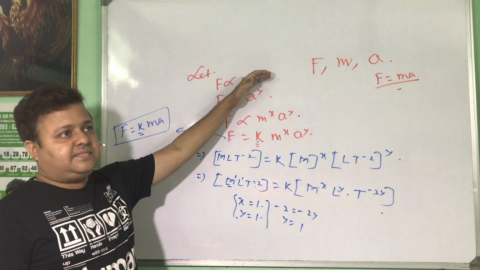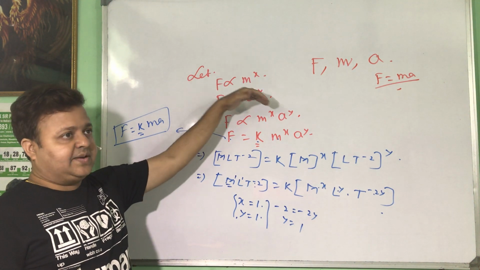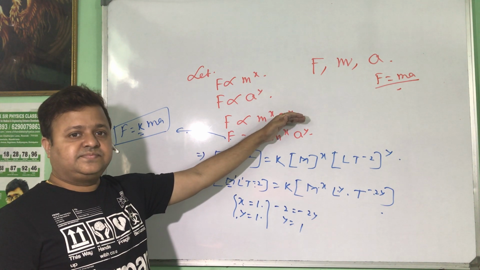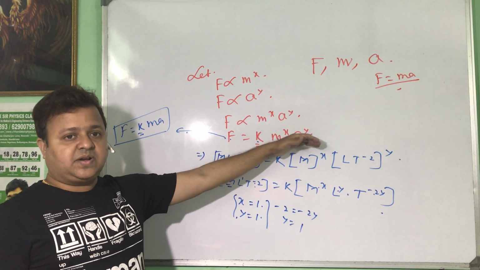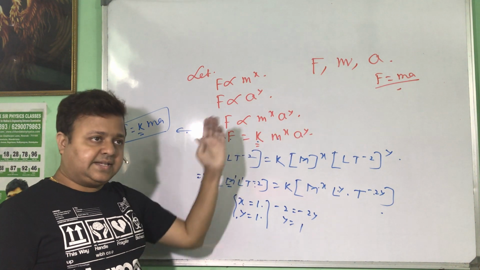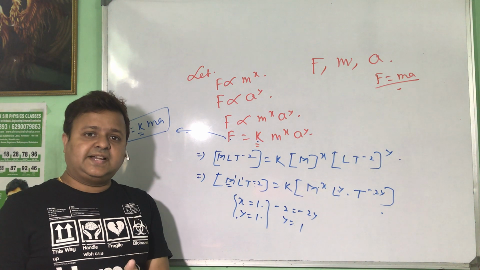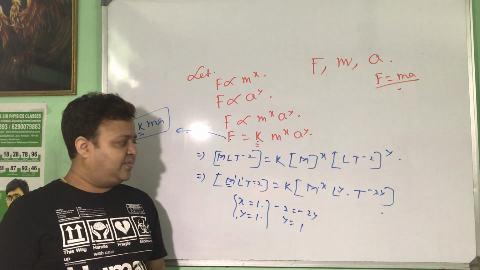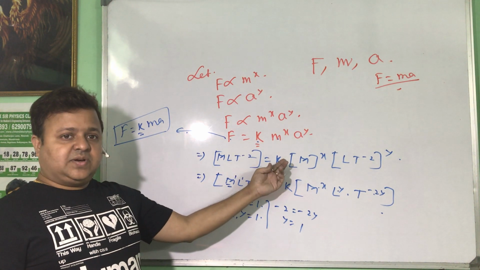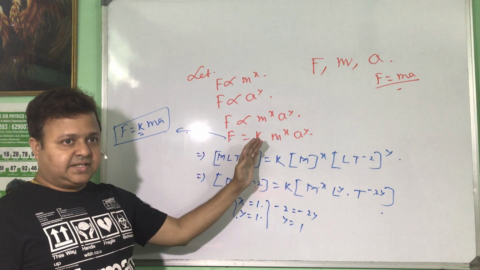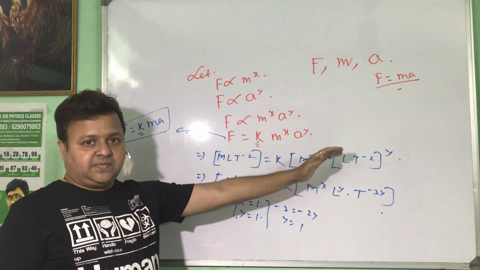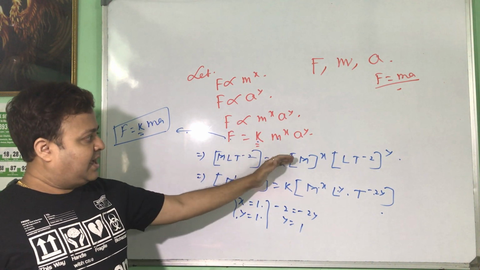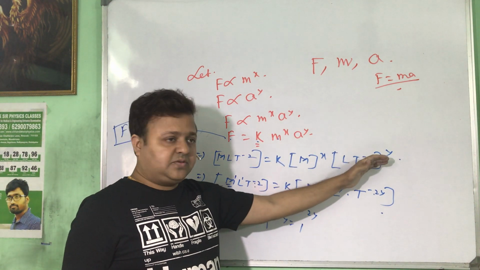Let F be directly proportional to m to the power x. We have to find the value of x. F is directly proportional to a to the power y. We have to find the value of y. By joint variation, m to the power x, a to the power y, or F equals k into m to the power x, a to the power y. K is a constant. It is known as a variation constant. That is a mathematical term. All types of mathematical terms and constants are always dimensionless. I said this a little earlier. This is a dimensionless quantity. So this is the equation in physics. So the dimension of the left hand side must be equal to the dimension of the right hand side according to the principle of homogeneity. So force is MLT^-2, k m to the power x, acceleration is LT^-2.